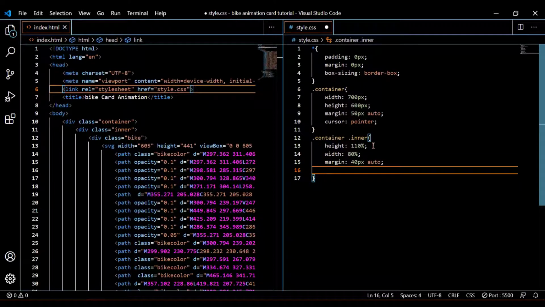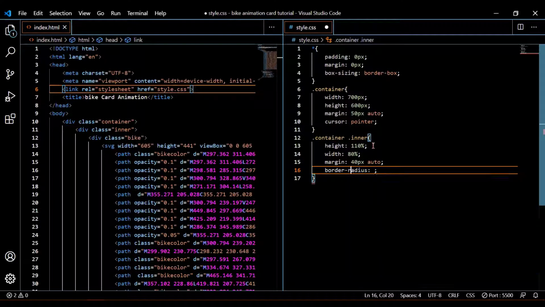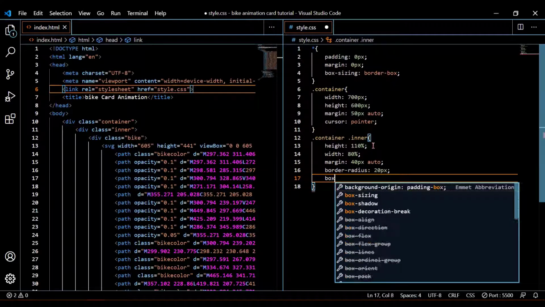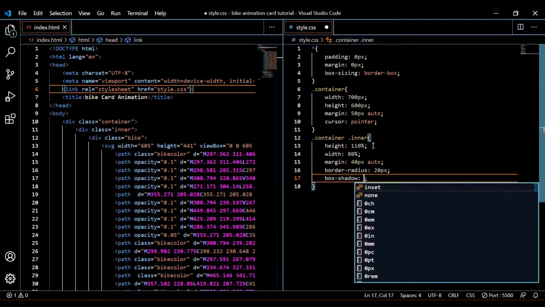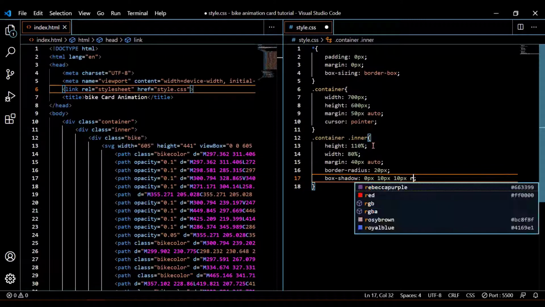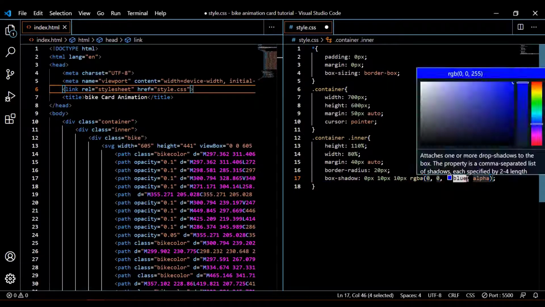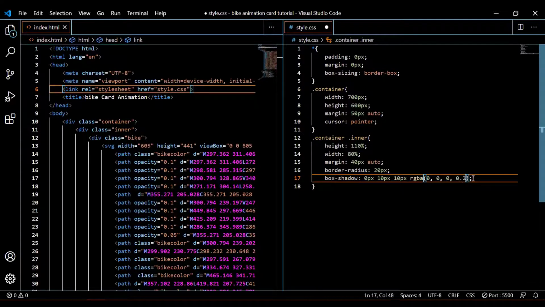Also the auto will center everything, and then border radius about 20 pixel and then box shadow. And here it is a tricky part, we are going to add two box shadows. First is 0 pixel, 10 pixel and 10 pixel, and then we are going to add the color RGBA 0, 0, 0 and 0.2.